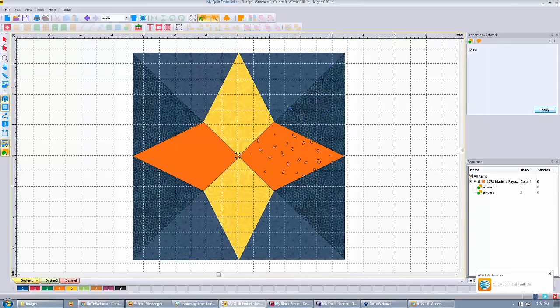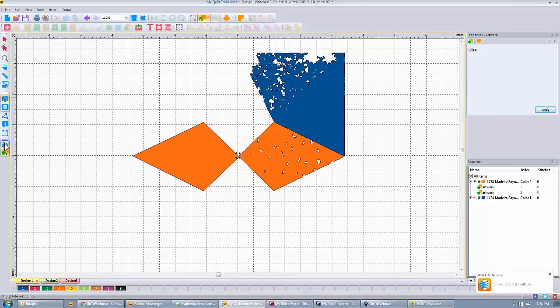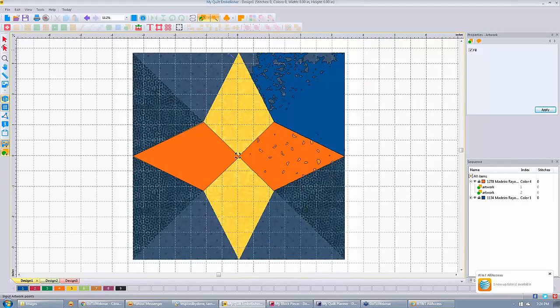And I'm going to click on this area here, and let's see how clear that one comes out. Not at all, because it's so similar in tones in some cases, it just looks awful. I can dismiss the backdrop over here on the left-hand side so you can see just how really bad that is. So let's bring our backdrop back up,